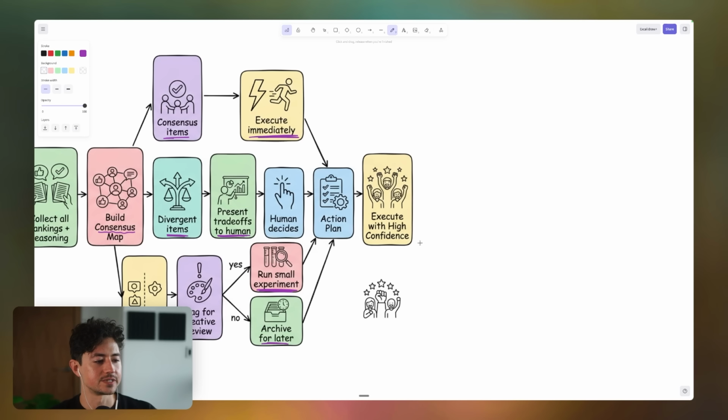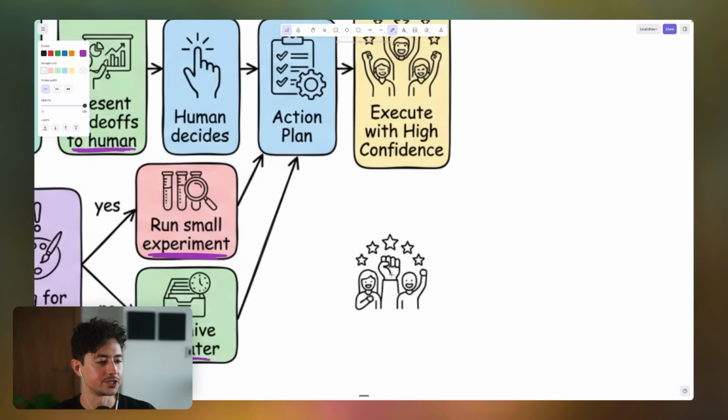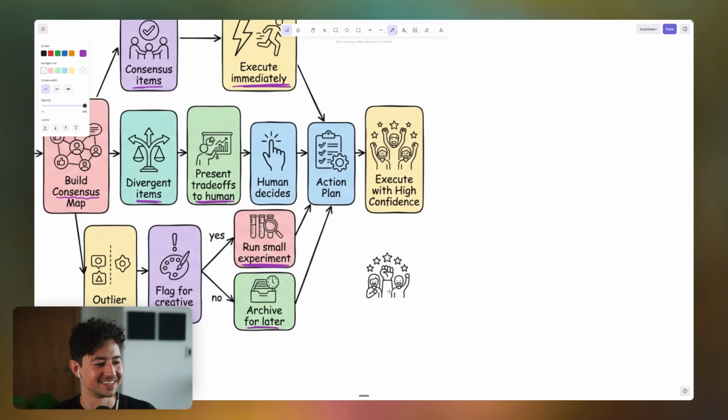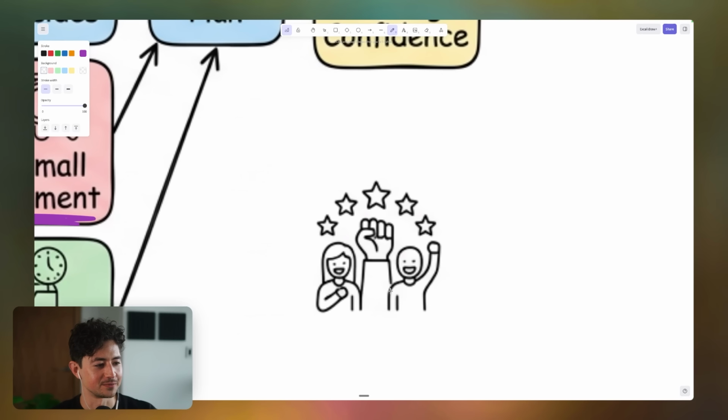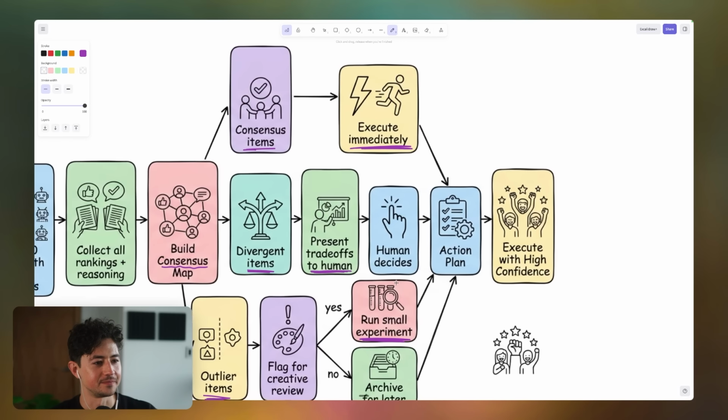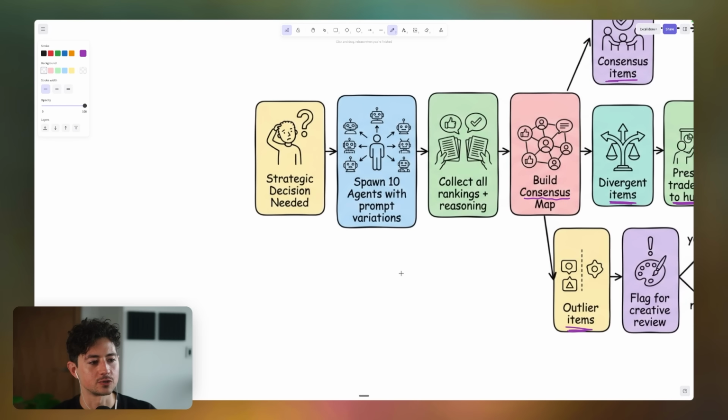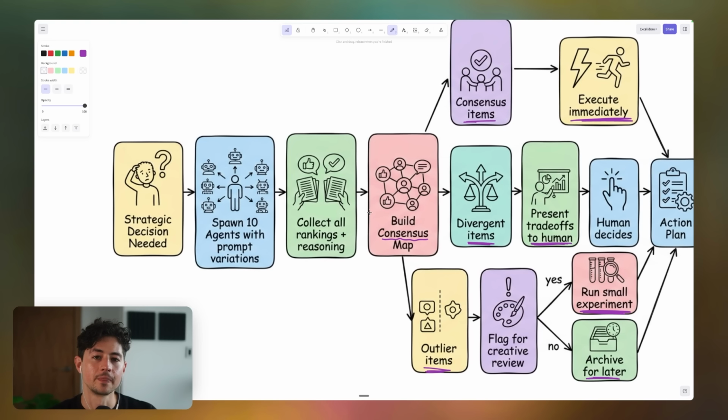And so what this allows you to do is execute with high confidence. Thank you very much, AI, for drawing that cute little, that is a huge fist. That thing would be terrifying in real life. This lets you scan a large portion of the search space in a very short period of time. And the actual way that you build it is very straightforward. And I'll run you guys through what all that stuff looks like down below in the project description.